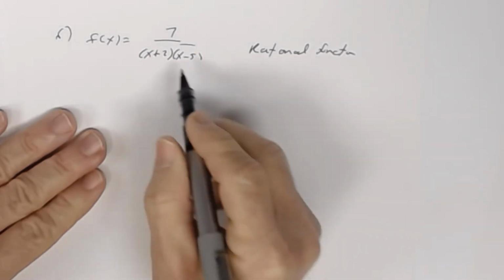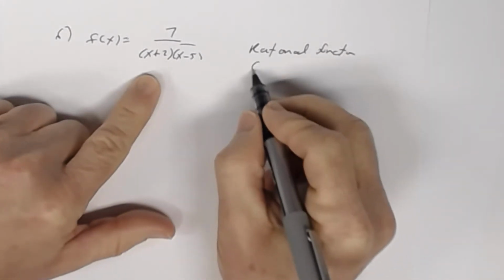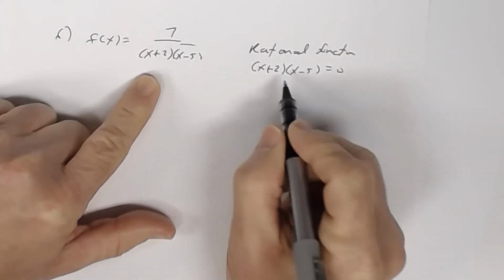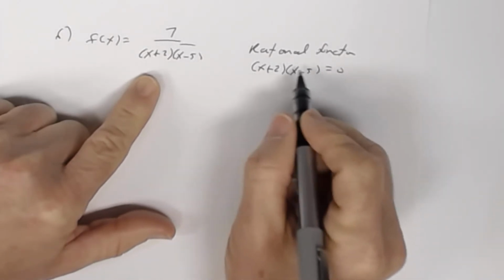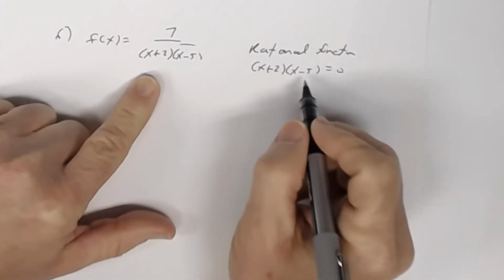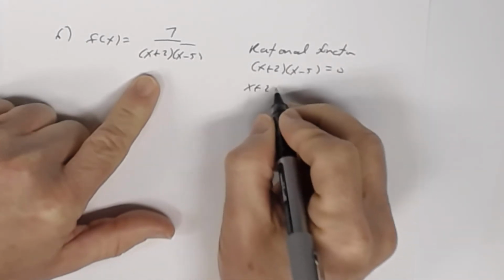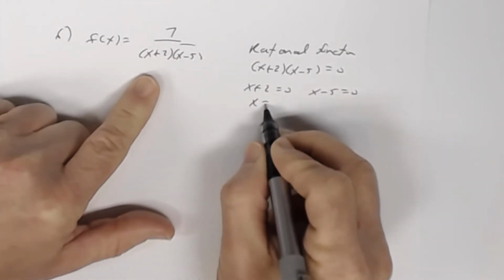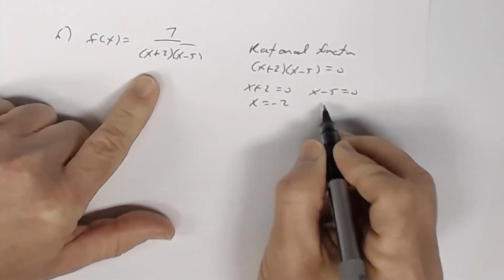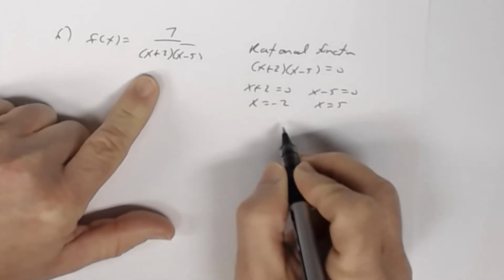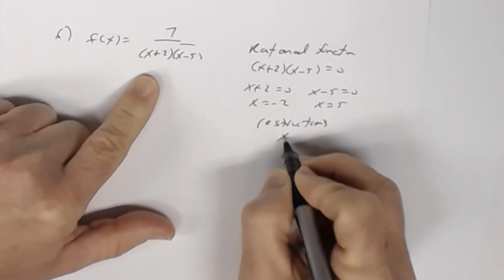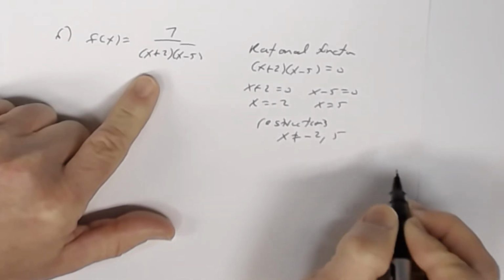And so we have to find the restriction. So let's set this equal to 0. x plus 2 times x minus 5 equals 0. And remember, you have a product that's 0, so we have to set each one of these equal to 0. So x plus 2 equals 0, x minus 5 equals 0, and so I get x to be negative 2 here, and when I solve for x here, I get x to be 5. So my restrictions